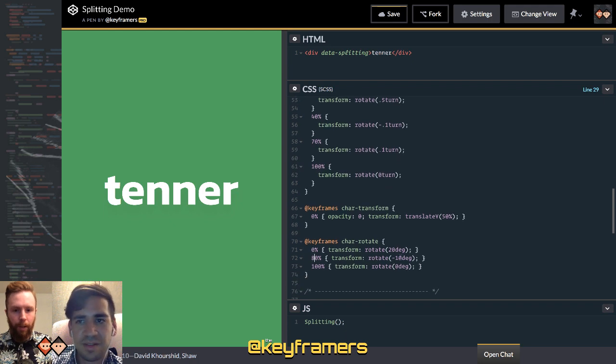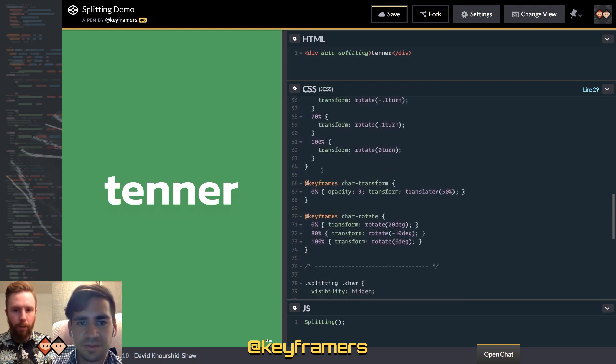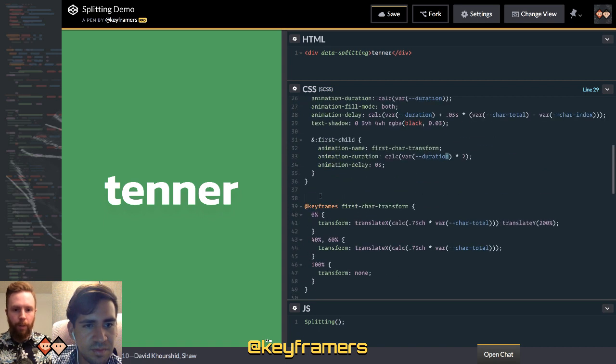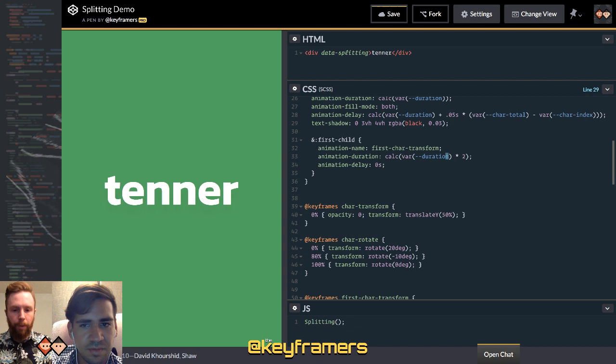Will you take a look at my char rotate keyframes and see any adjustment? Sorry, I'm moving them up above first char because they don't seem to settle in as smoothly.